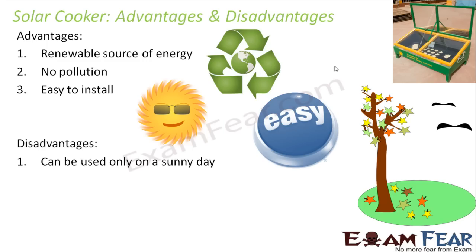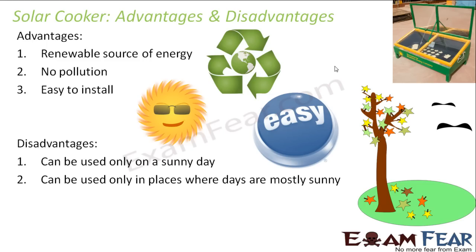So this was a big disadvantage, that it can be used only on a sunny day, because there are certain regions, in certain parts of the world, where most of the days are cloudy. You do not get sunny days so often, right? Or maybe during your rainy season, most of the time it is either cloudy or it is raining. So having a solar cooker is of no use during rainy season, right? Again, it can be used only in places where days are mostly sunny. The same thing, right? So this became a major drawback of solar cooker or solar water